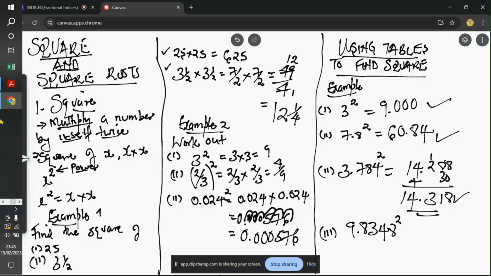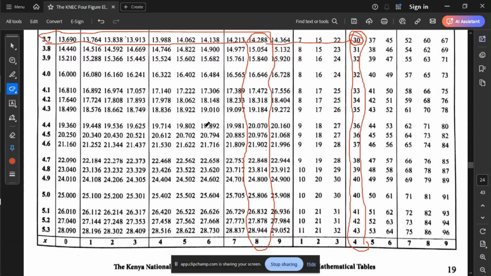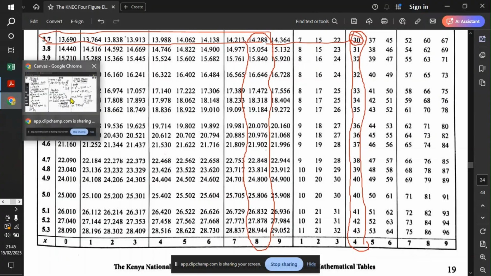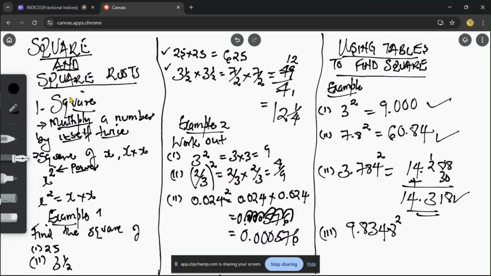You can see from our table that the farthest I can go, the first decimal is here, the second one is here, and the third one is from this. For example, 7.384. Meaning if you have a number more than that, it might be tricky. So if I have a question that is having more than 3 decimal places, because my table can only read up to 3 decimal places, I round off my answer to 3 decimal places, so that I have